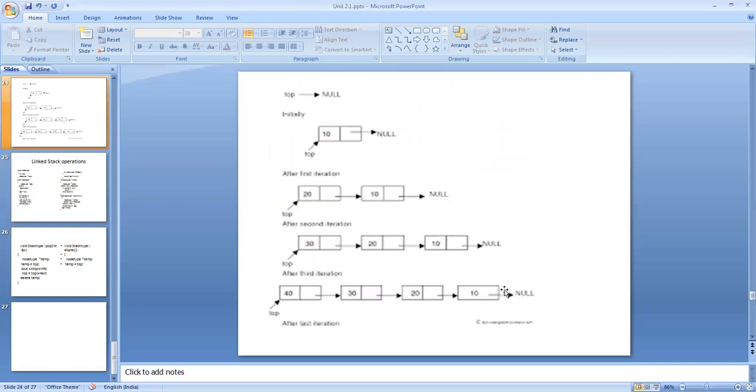That is, let us take this particular stack. I give one extra connection temp for this topmost value. Now I move this temp from this node after displaying 40 to the next node to display 30. After displaying 30, I will move this temp from here to here. How do I do that? First of all, I assign the value of top to temp. Then I say cout temp reference info. This area is info. Temp reference info means then 40 will be displayed.